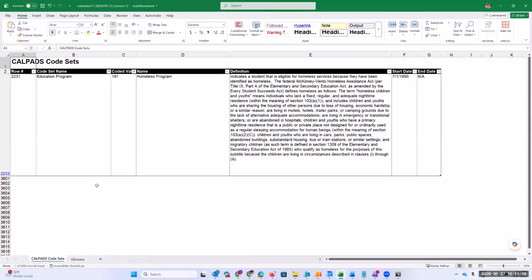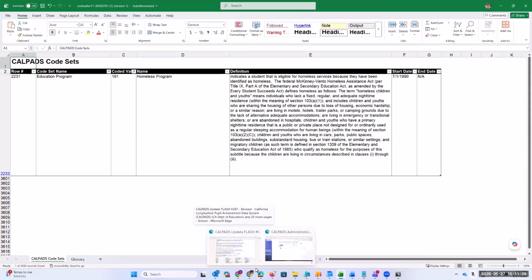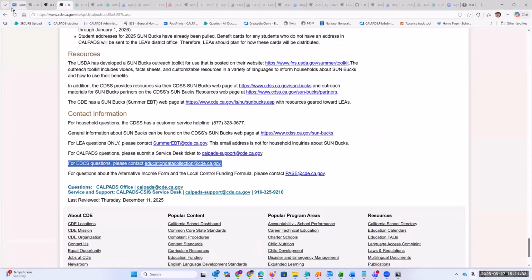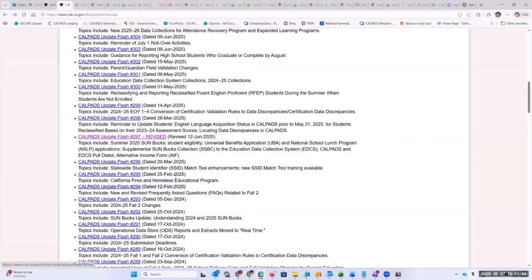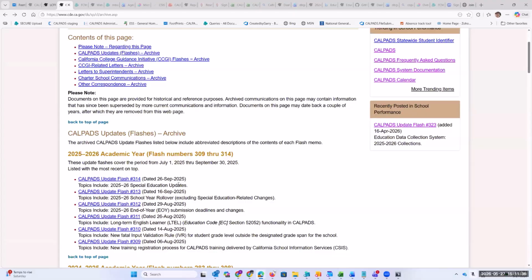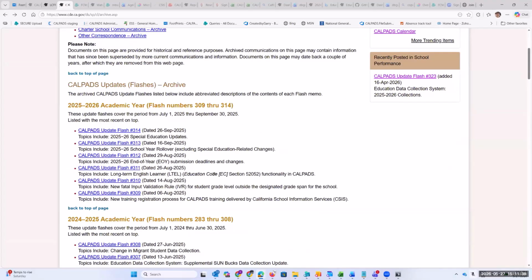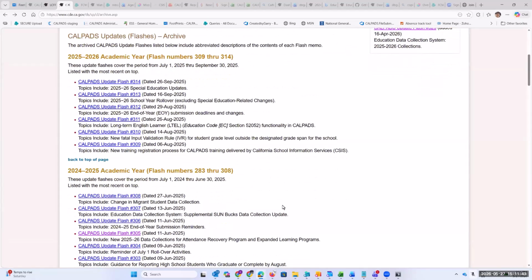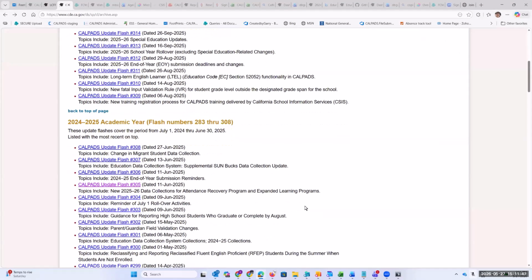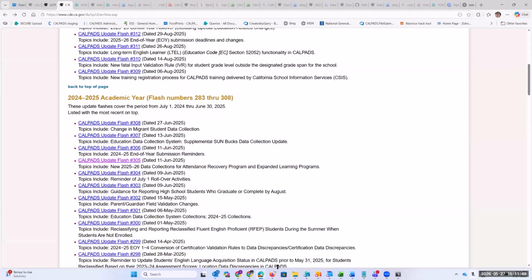I'm resolving some errors for program 191s with the new parameters. For records that were opened in 24-25, when I add an end date for the 24-25 school year to some of them, the education service academic year updated to 25-26. I haven't seen that before. Does it matter that it doesn't match the start and end dates of the program record? It can't be updated through online maintenance. If I need to delete the record and create a new one, will it show the 24-25 academic year as the education service academic year?